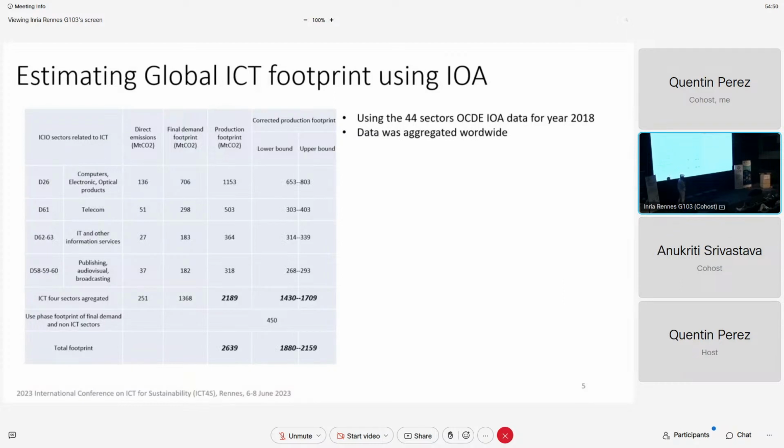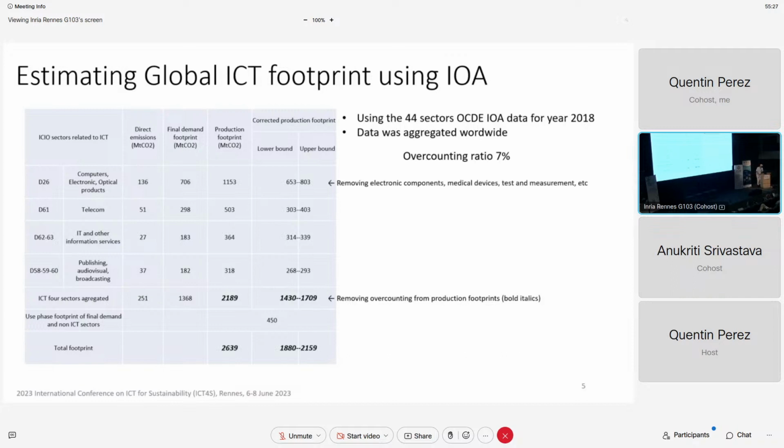But you can't do the same with the production footprint. You cannot add up the figures for all the separate 4 sectors, so you have to remove the double counting. And so we do this, and we find a double counting ratio of about 7% in this case. We remove it and we have this figure, which is, by the way, too important if you compare it to the reference studies.